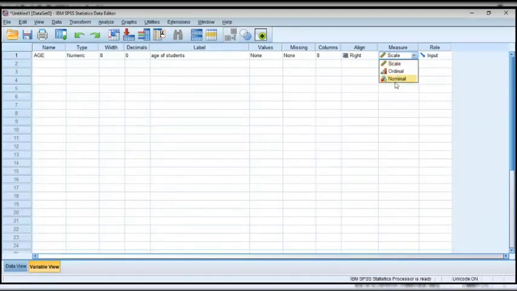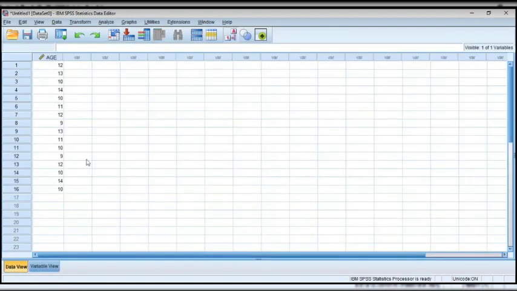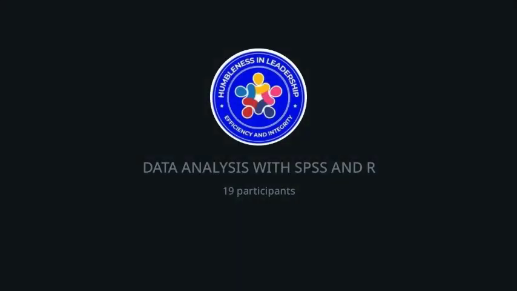And when we are talking of categorical variables that are ordered, for example, 100 level, 200 level, 300 level, 400 level, we are going to be talking about ordinal. But for now, the scale of measurement for age is a continuous scale, which is the scale. Now, coming back here, we can see that the decimal places have been removed.